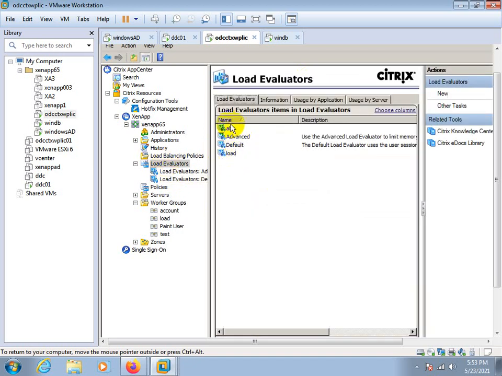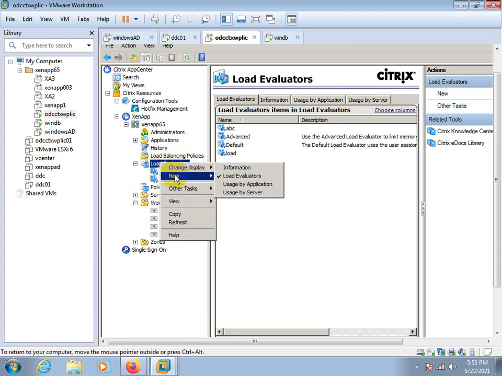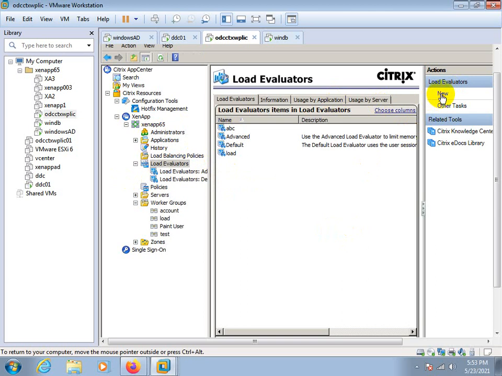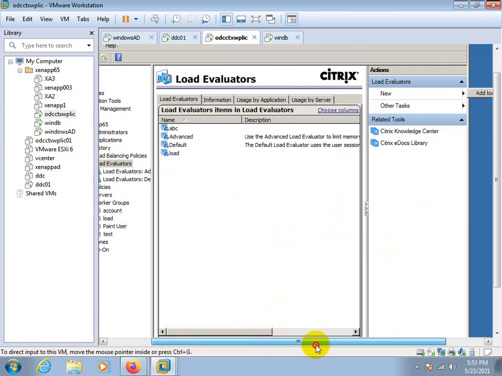Apart from that, I have created 2 load evaluators over here. As per our requirement, we can create them. You can either right click here, new, add load evaluator, or on the right side click on new, and you will get the same option.